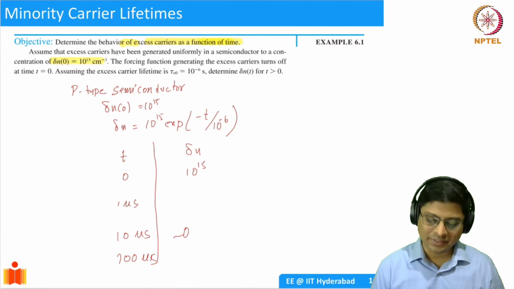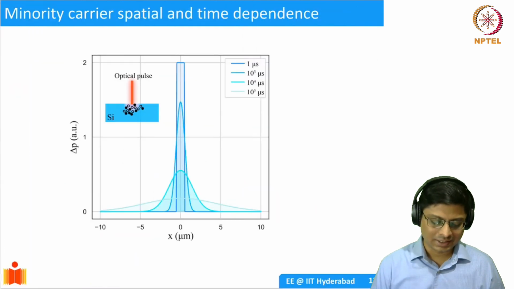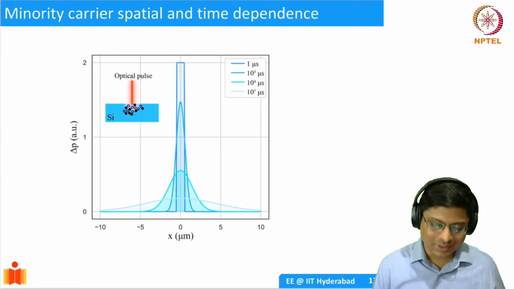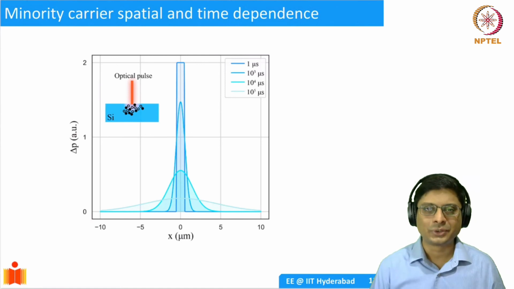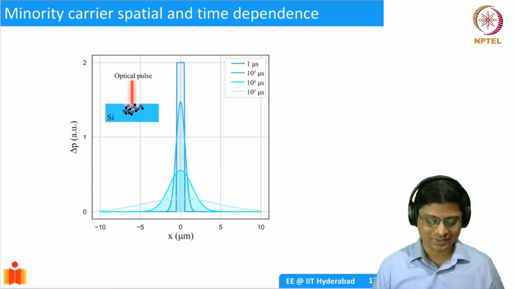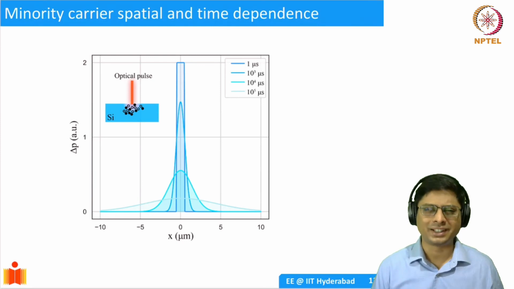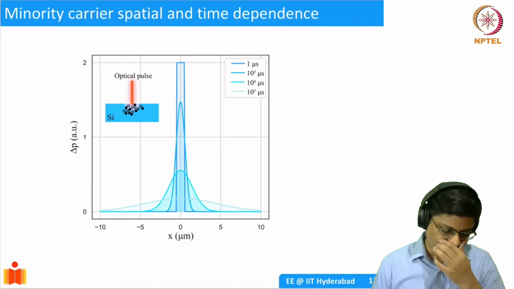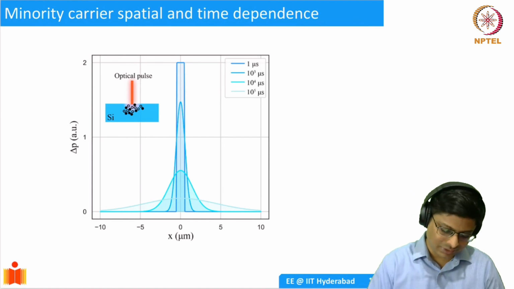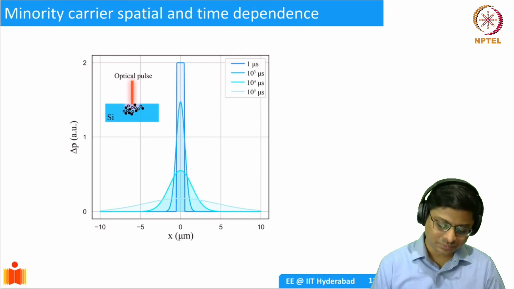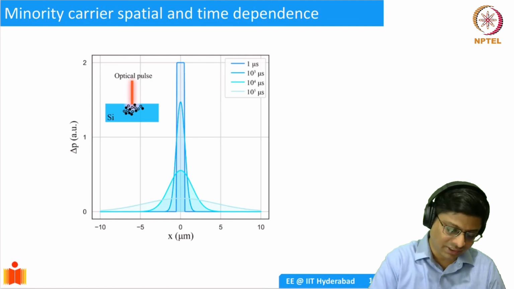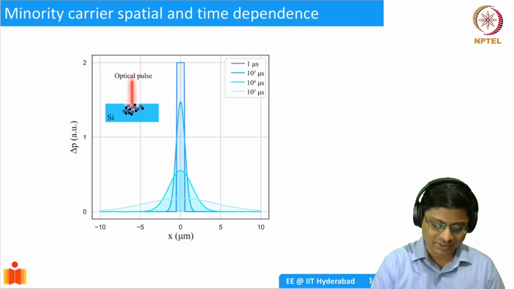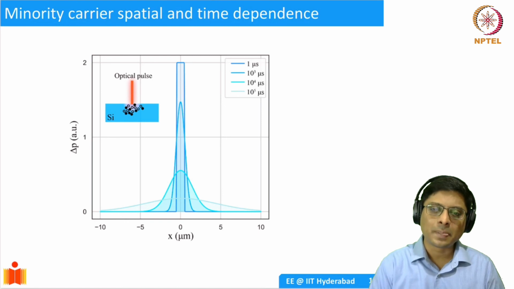These are very, very important. And in the end, I just want to show you what happens if you have a combination of both. So far we have done problems with spatial dependence or time dependence, but if you combine both, you could solve it. It becomes mathematically a little bit more involved. But the idea is that you start with the same problem as we started with. I take a piece of semiconductor, I shine light at a location x equal to 0, and I switch off the pulse. What happens?